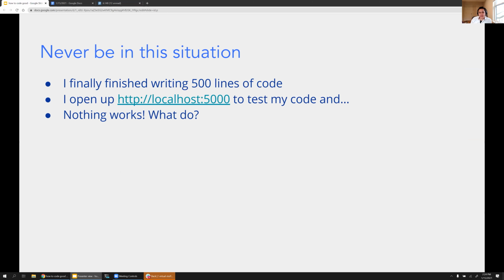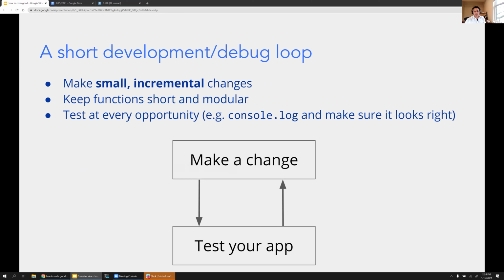And the next topic is to avoid writing a bunch of code at once. So imagine you write 500 lines of code, you open your front end, and it's just blank. It just doesn't even show up. At this point, it's really hard to figure out what exactly went wrong, mostly because the more lines of code that you write, the more amount of time that you're going to spend debugging. So instead of writing 500 lines of code at once and then trying it out, what you want to do is make small changes, then go to your front end, check that change worked, and then move on to the